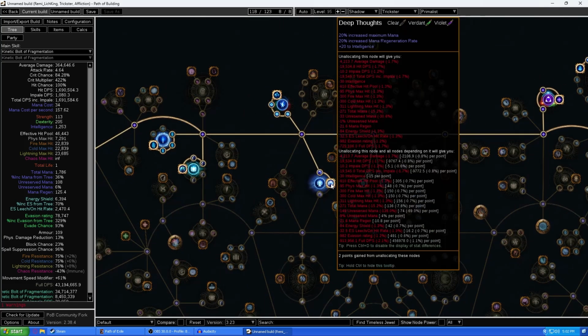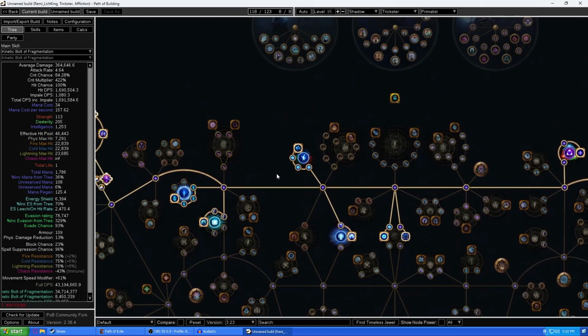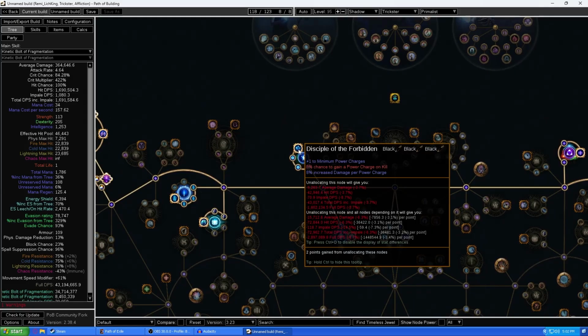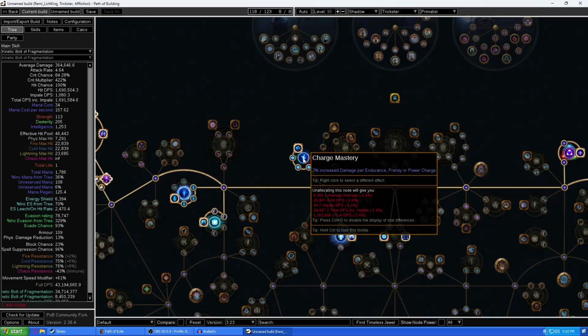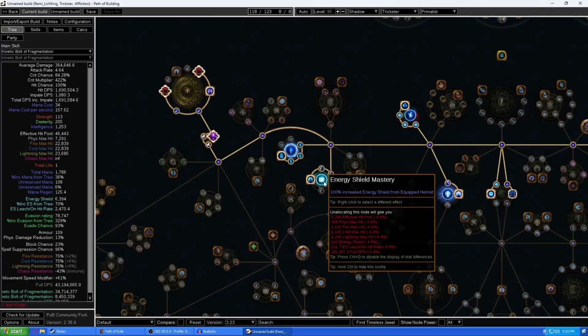Going over here, we have, of course, mana int, but we care about the mana mastery, which gives us reservation efficiency of skills. Great, lets us run 5 auras. Here we're grabbing the minimum power charges and damage per power charge with the mastery, 3% increased damage per power charge. It's wonderful. Energy shield wheel here, just grabbing it for more ES. We do get a +1 to maximum lightning res, which is pretty nice, and also the energy shield mastery, which gives us 100% increased energy shield from equipped helmet, which in our case gives us 630 energy shield